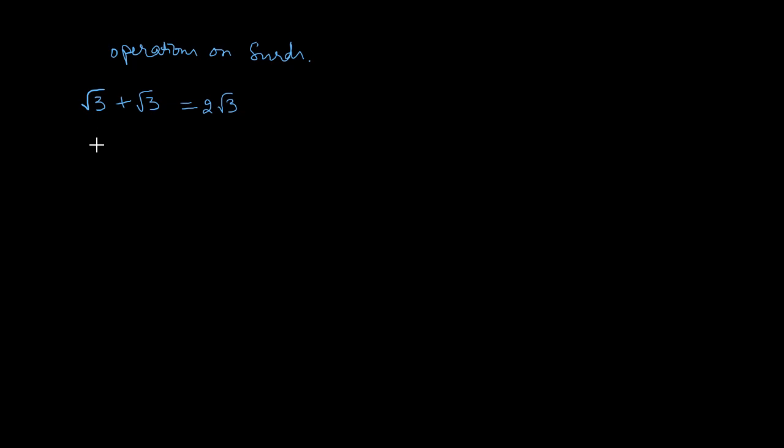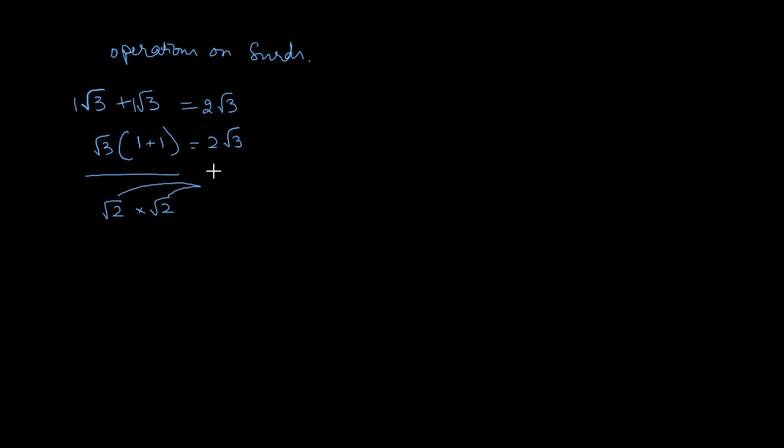Or if I take out root 3 as common, what will be left? There is 1, there is 1, that's 1 plus 1, which is still going to be 2 root 3. Same thing goes with subtraction. When it comes to multiplication, root 2 into root 2,